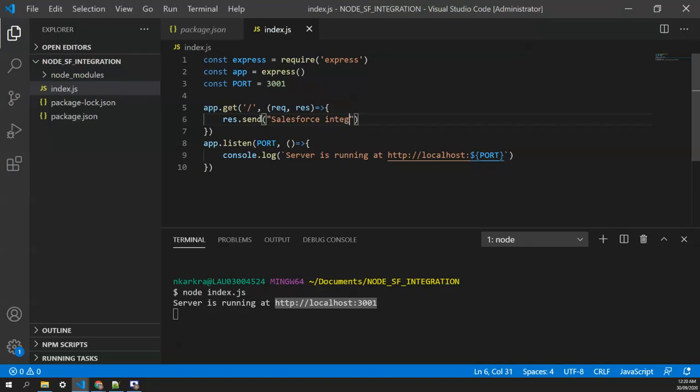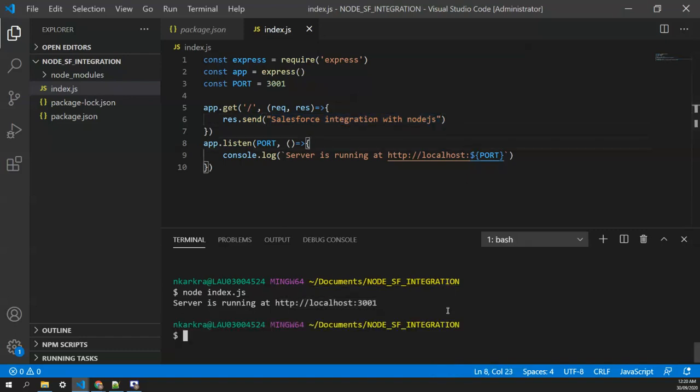Salesforce integration with Node.js. What we're gonna do is, as soon as we hit the URL in the browser, we'll send this string to the client or to the browser, and it prints on the screen. Okay, so let's stop our server and run it again.